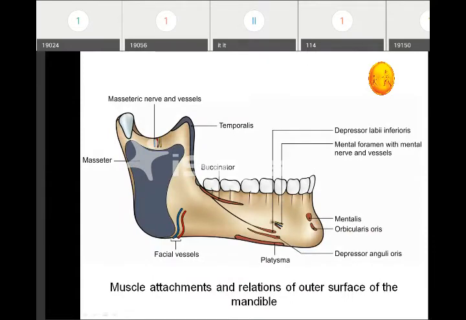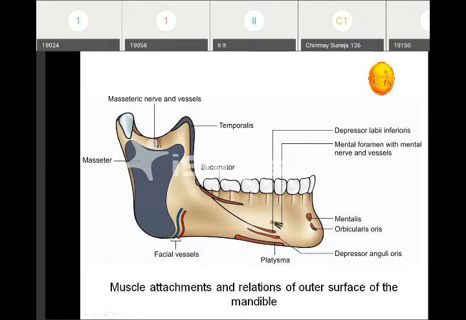Now about the muscle attachments on it. First, about the outer surface. We have discussed the oblique line. You can appreciate here that the muscles of facial expression are attached to it. The first muscle, just at the start of the oblique line, is the buccinator muscle, the puffing muscle. Second, just at the end of the oblique line, there is attachment of the depressor labii inferioris and